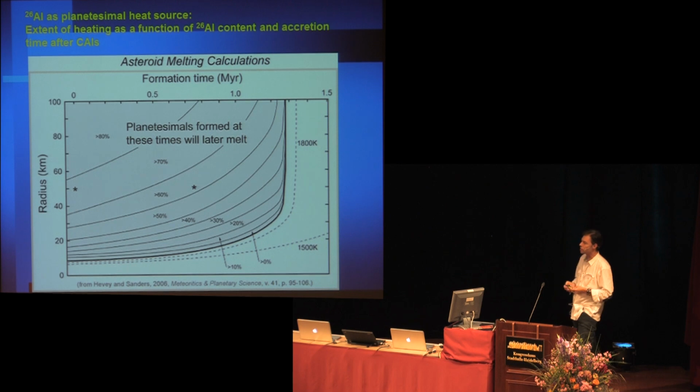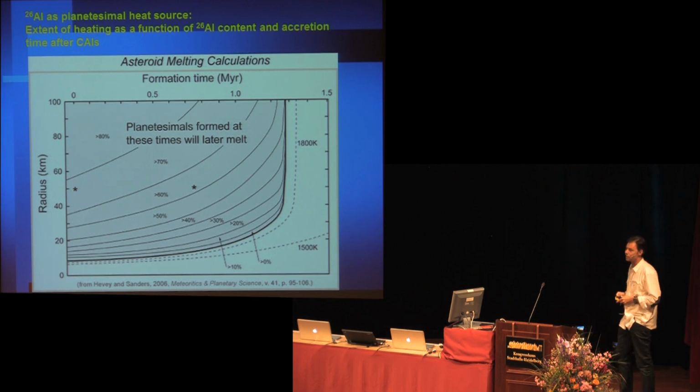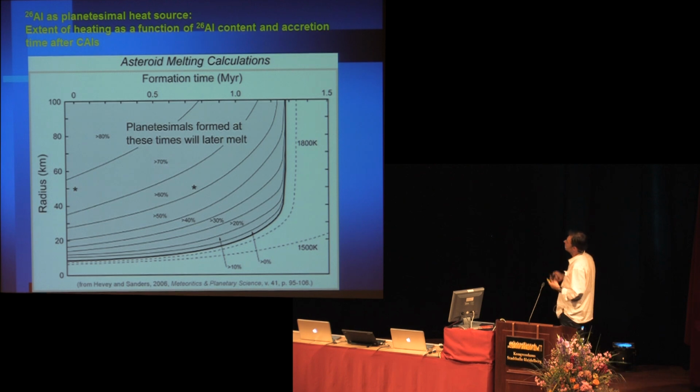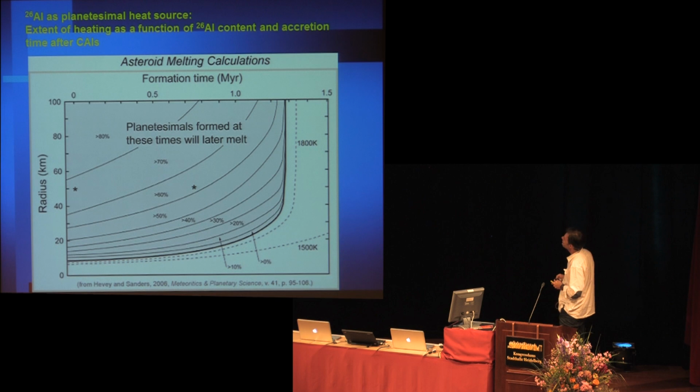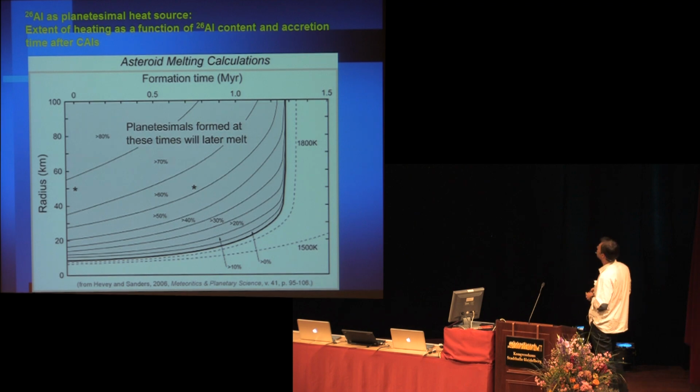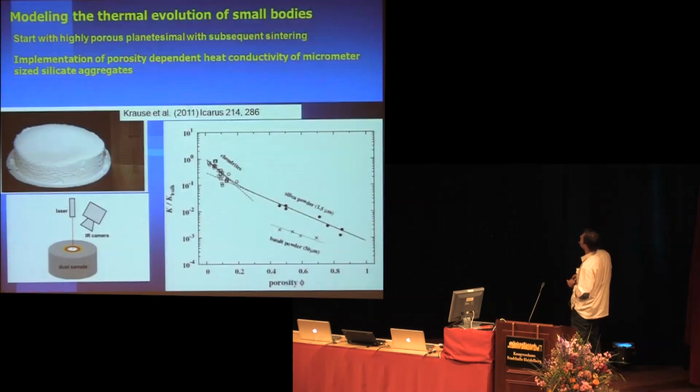Okay, what are the conditions that are necessary to differentiate a planetesimal? If you want to have a high level of aluminum-26 as a heat source, then two parameters are important: the total radius of the planetesimal and the formation time after CAIs. Now, here you see a region where you can effectively cause partial melting on planetesimals or even differentiation. If a planetesimal is larger than, let us say, 10 kilometers in diameter and forms within 1.5 million years after CAIs, then there will be a high chance that you will have partial melts and differentiation processes on this planetesimal.